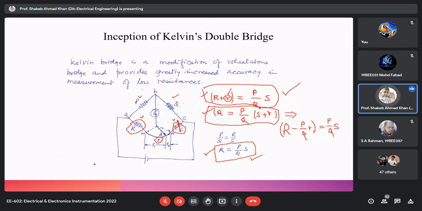तो ये बात जो मैंने अभी आपको बताई कि अगर स्मॉल अननोन रेजिस्टेंस को व्हीटस्टोन ब्रिज से मेजर करते हैं, तो क्या प्रॉब्लम आएगी बिकॉज ऑफ द लीड एंड कॉन्टैक्ट रेजिस्टेंस, ये बात आपको समझ में आई न? यस सर, समझ आ गया सर। ठीक है।